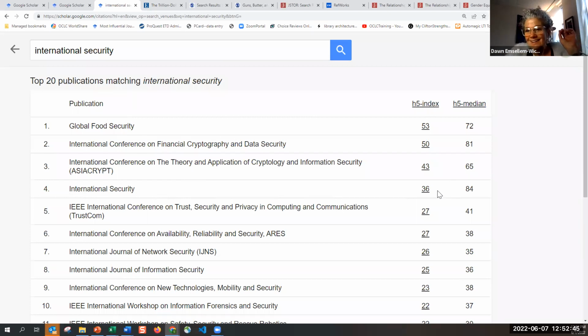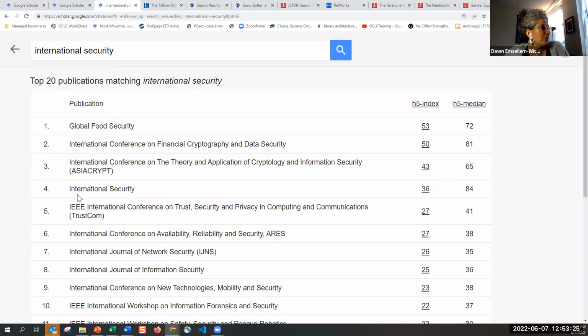Now, the reason it's not higher than that may also be reflective of the fact that it is a specialized subject. So comparatively, the number of scholars that are writing articles is a smaller subset of the overall number of scholars in the world. So really what you want to do is compare within your subcategory, like if you're looking at political science, for example, you can see that,